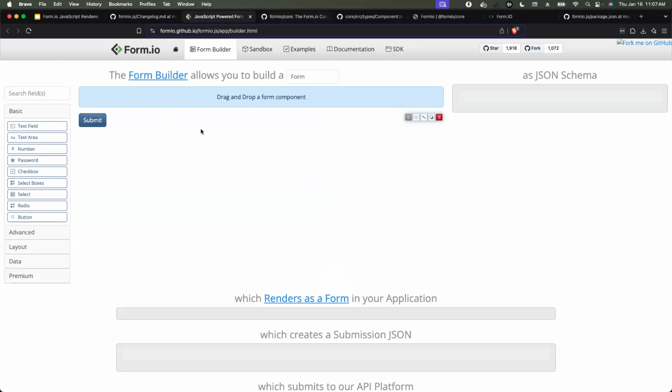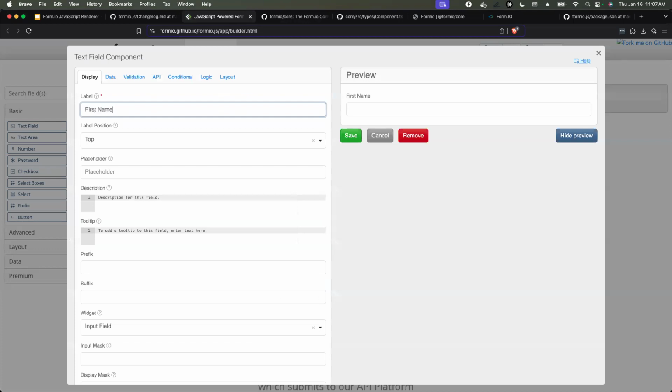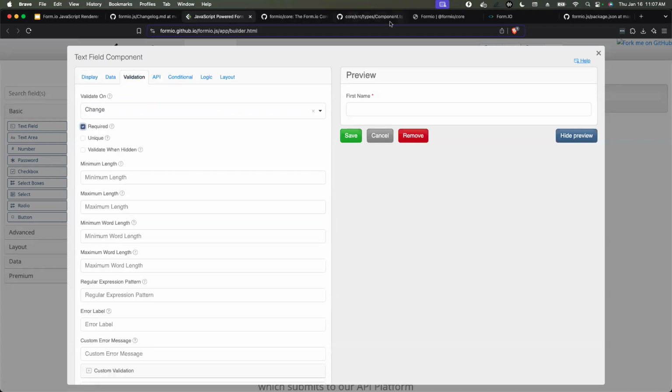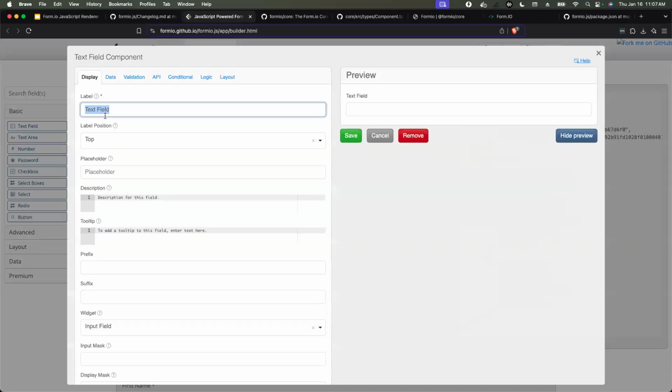So if you view here, this actually shows the embedded form builder. Keep in mind, this is just a demo application that we've built to kind of show off some of the rendering and building libraries. But right here is the embedded form builder. And you can see how this works. So if I drag and drop first name, maybe make that required, add some validation, that effectively creates this JSON object over here on the right-hand side. And so the same thing goes for last name,